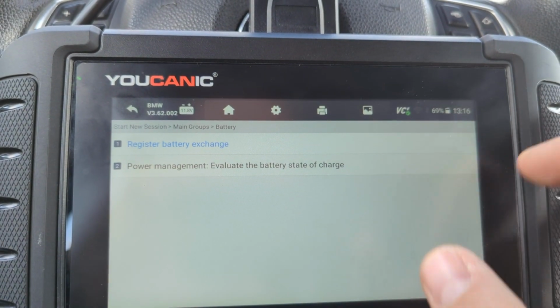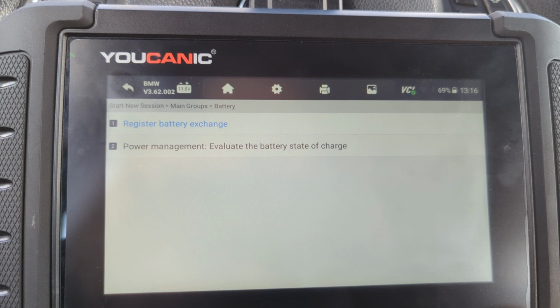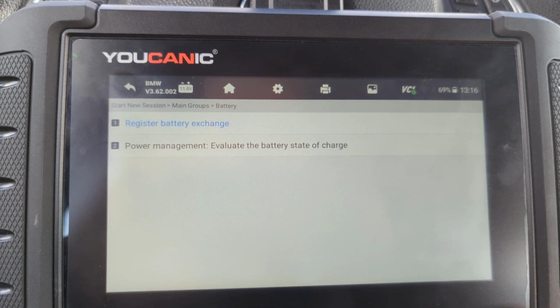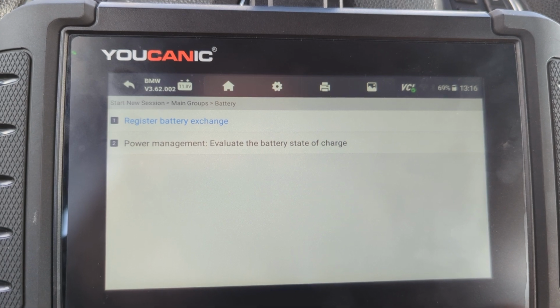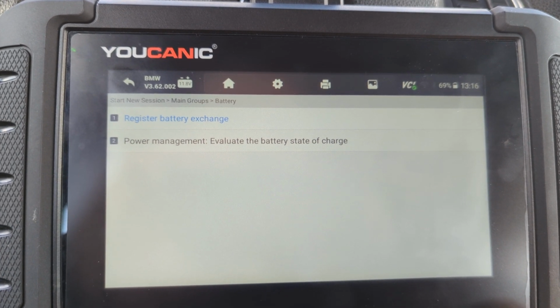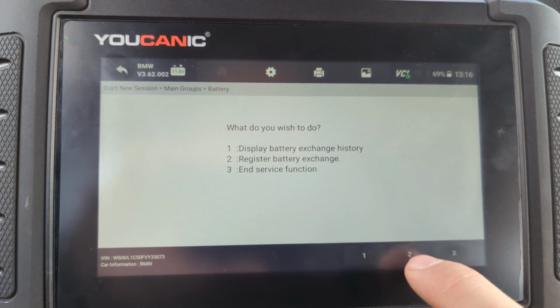But let's go back here. If you put a battery with completely different specs, like you go from AGM to a lead acid battery, then you have to code it and it gets more complicated. But to register it, go to register battery exchange, press 2,